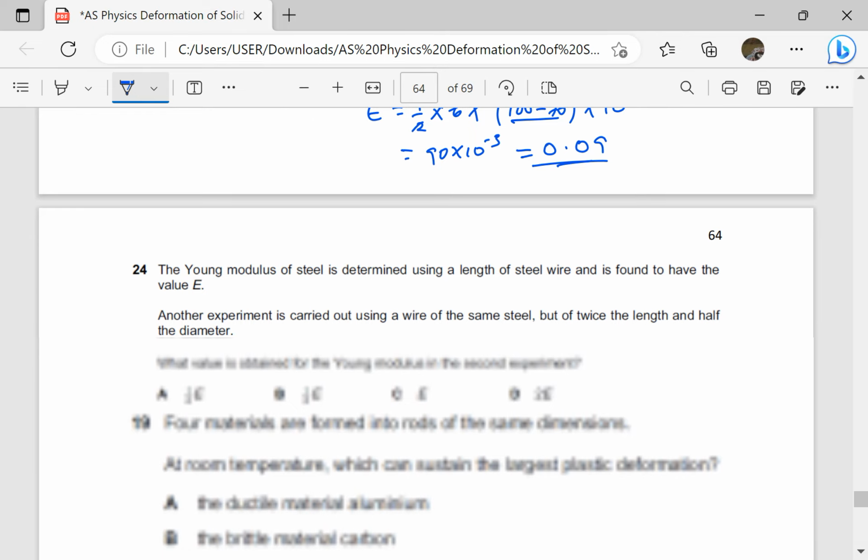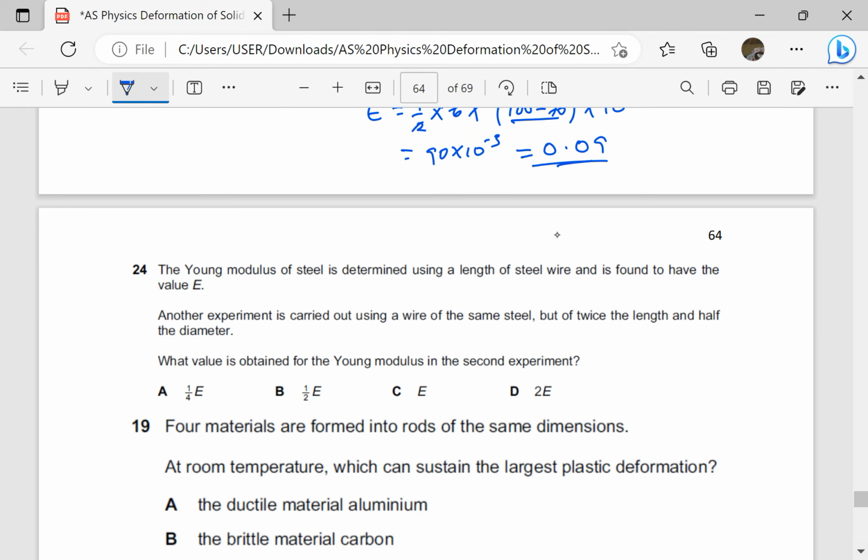The Young modulus of steel is determined using a length of steel wire and is found to have the value E. Another experiment is carried out using a wire of the same steel, but of twice the length and half the diameter. What value is obtained for the Young modulus in the second experiment? So without any explanation, it is the same steel, so the Young modulus is the same, so the answer is